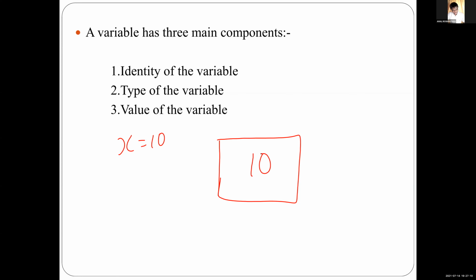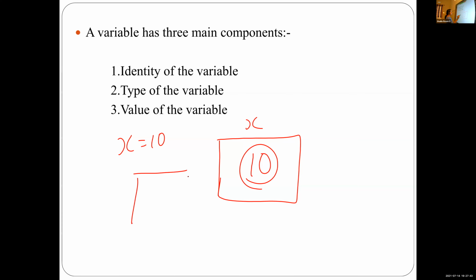Sanjana? Yes, ma'am. So we are discussing the type of the variable. Type of the variable means which type of data we are using in this variable. Here we are using a number. That is one type. We are using a number in x. That is the type of data.